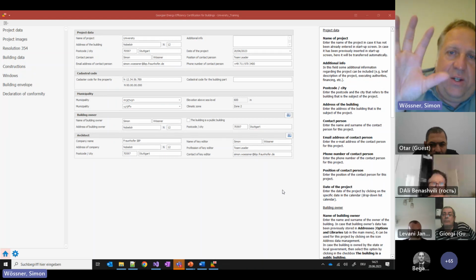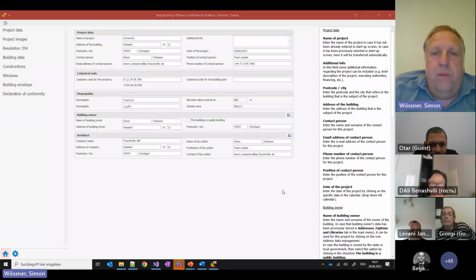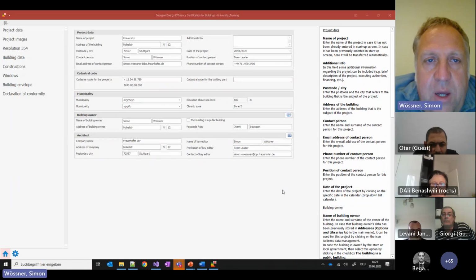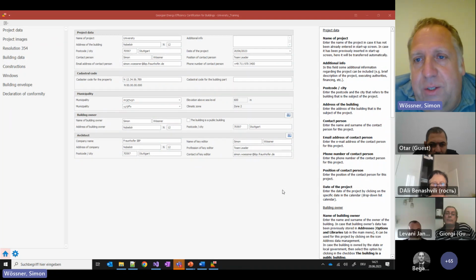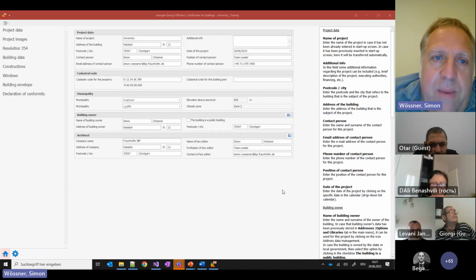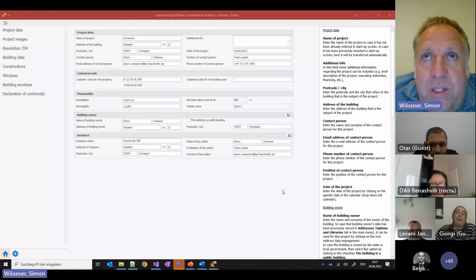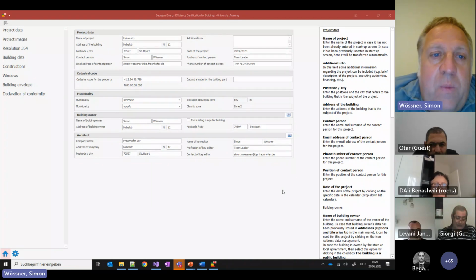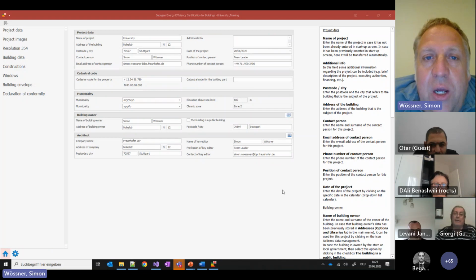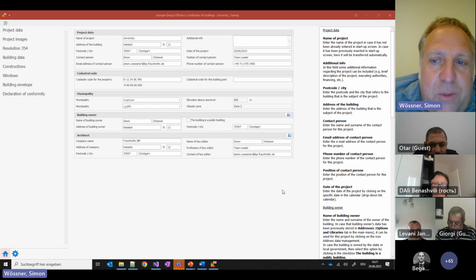So what we have here is the part for the minimum energy performance requirement check with Resolution 354. The program itself is capable of way more calculations, also of the technical systems, as it will also be used later for the energy performance certificates. But as they are still a bit down the road, we are now focusing on the minimum energy performance requirements, but it will also be used later for the